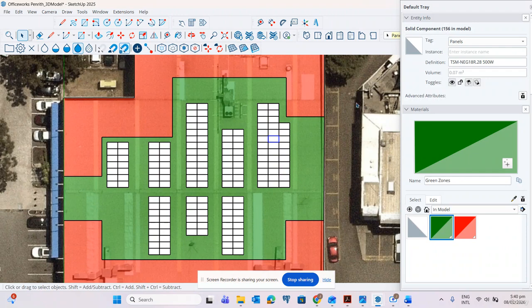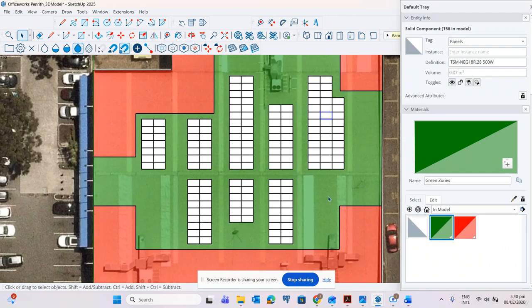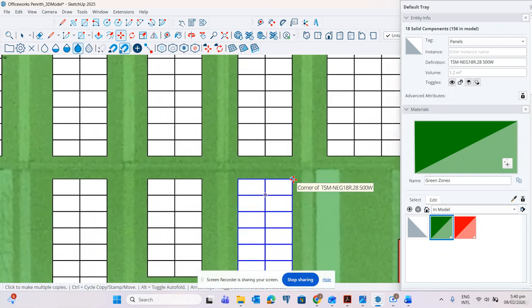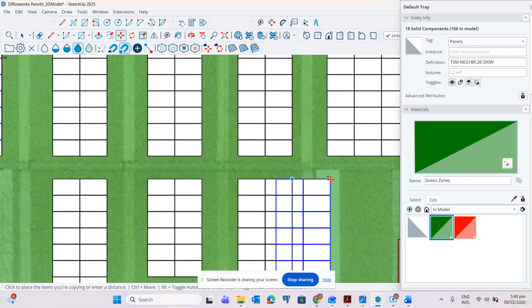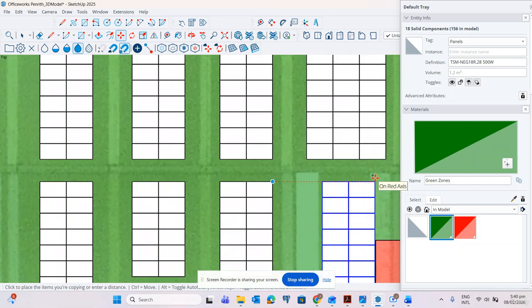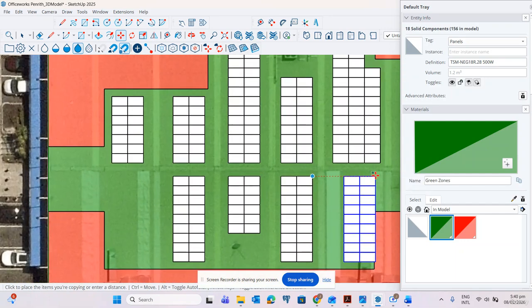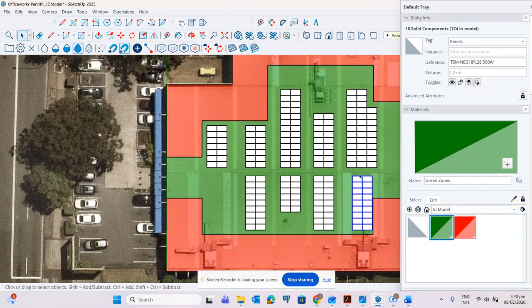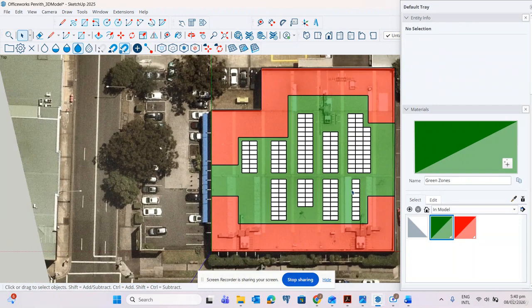That's only 156, so we can add panels here. So we can press move M, then control. So for this picture, we will avoid the flashing. So we will delete this area.